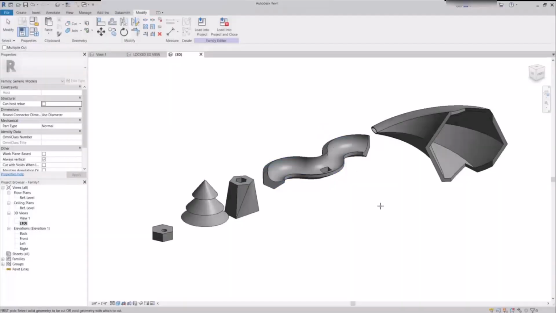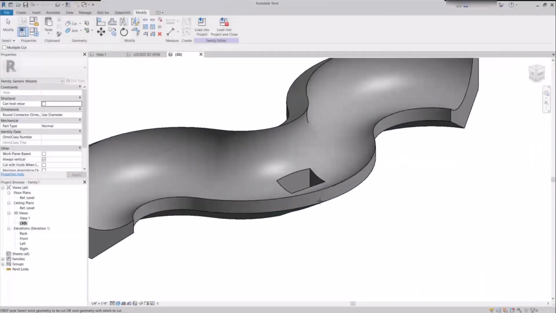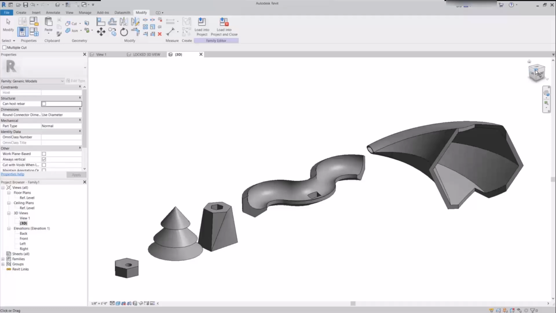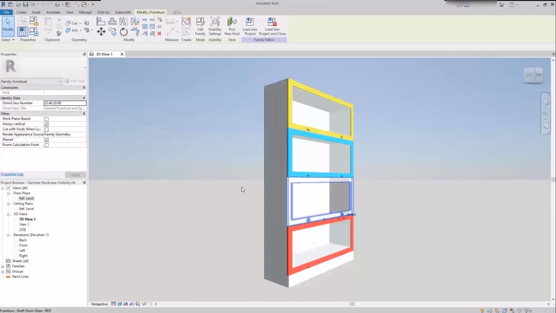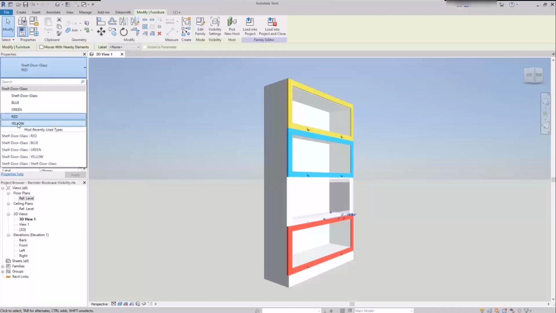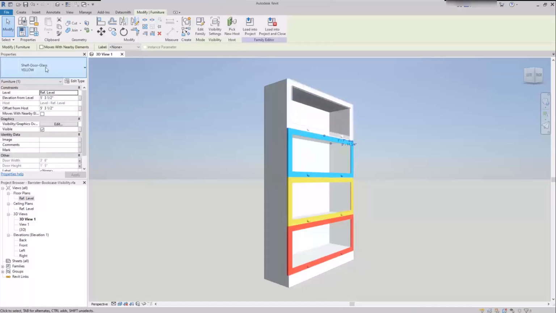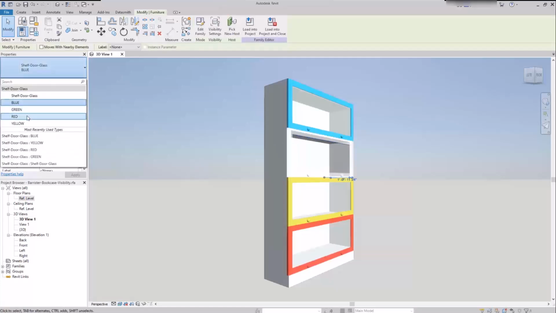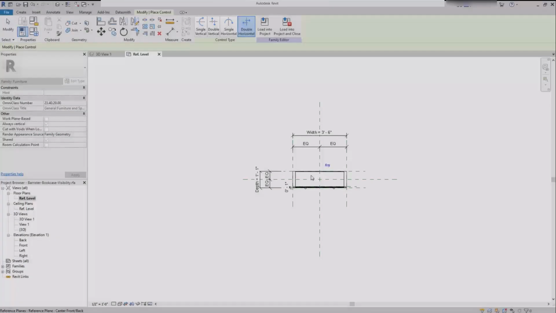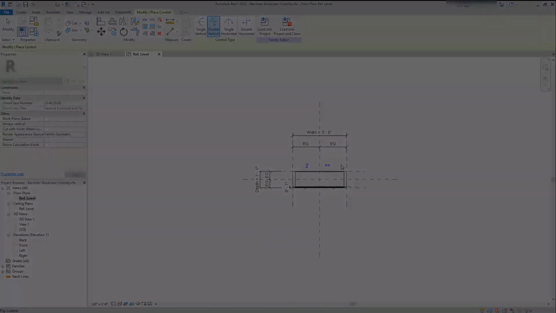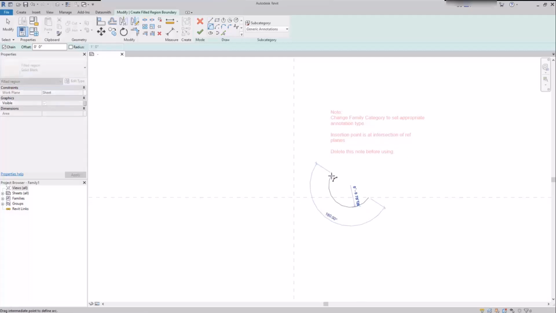understand the different types of families that can be created within the software, set up a parametric framework for families using reference planes, dimensions, and labels, flex the framework to test that each parameter functions correctly, create solid or void forms, including extrusions, blends, revolves, sweeps, and swept blends, create different family types for change in size and materials,